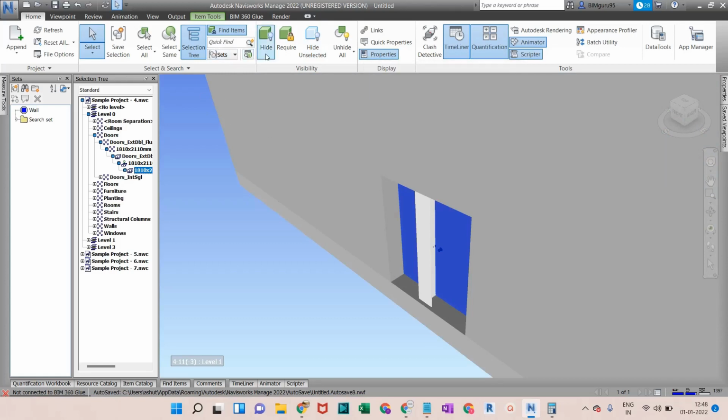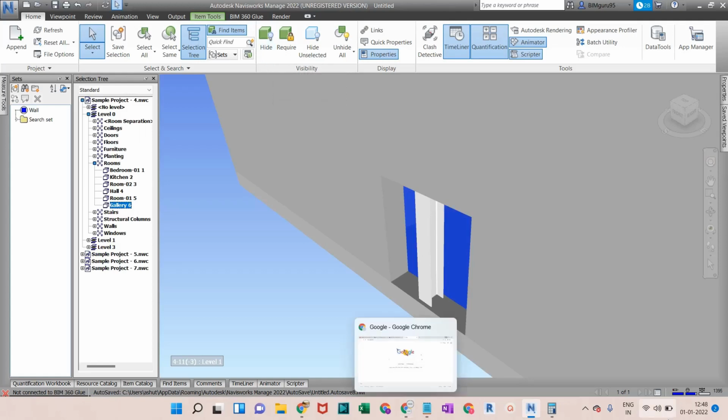Oh, we covered this one, this category visibility thing. There are four options. Hide: if I click on that one, that particular door will be highlighted. Do not go on that command. Directly press Ctrl H if you are hiding something, and if you want to show that particular element again without selecting any other element, you can press Ctrl H again. It will be shown.